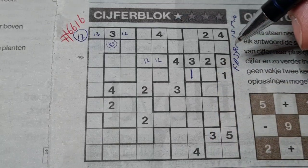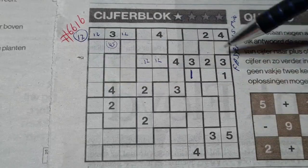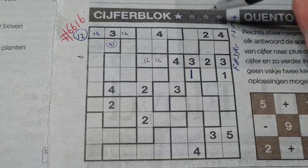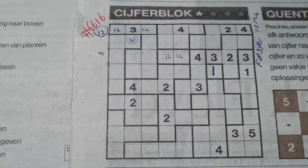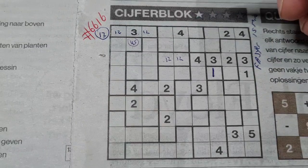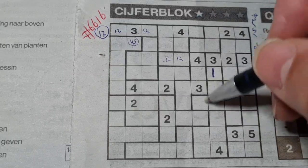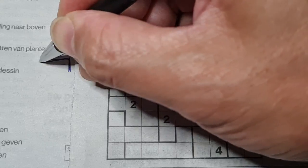Nope. Triple boxes. Quadra boxes then. Do we have quadra boxes? Let me scan. No quadra boxes in this puzzle. Then my next strategy is to look for shapes, figures, structures, or constructions that you need to recognize. For example, this shape. Let me draw this shape here. When you see this kind of shape,